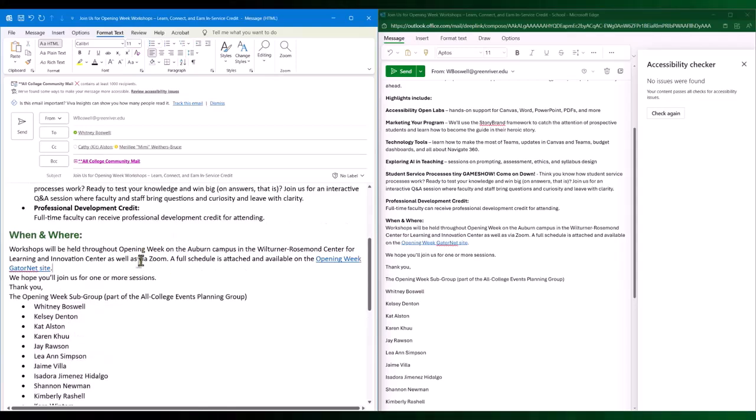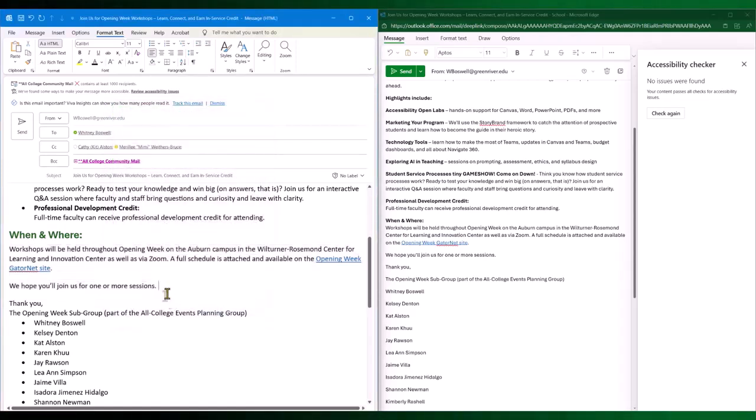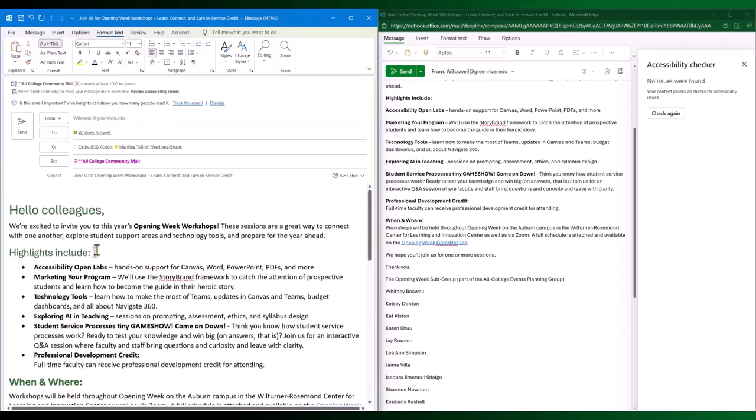I'll go into this a little more in another video, but I like to have some spacing between things. The headers are giving space here without it being an actual line, but I'm going to change these paragraphs to have some spacing after them. And then end. And that one is ready.